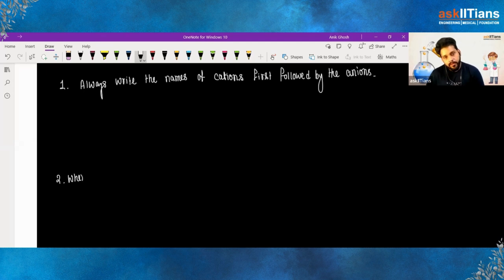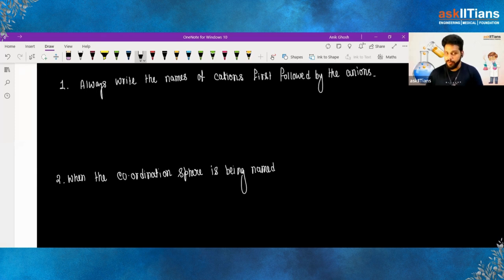When the coordination sphere is being named. So while naming the coordination sphere, what do we have to remember, guys? The order of naming goes like